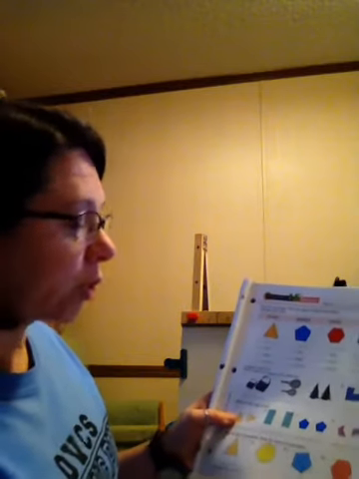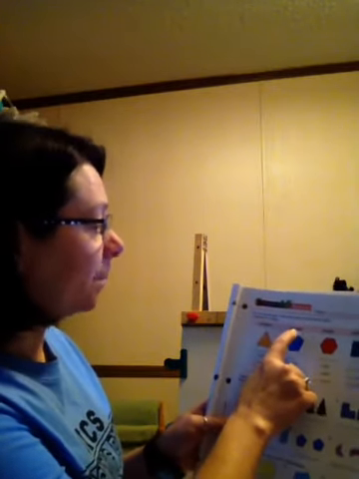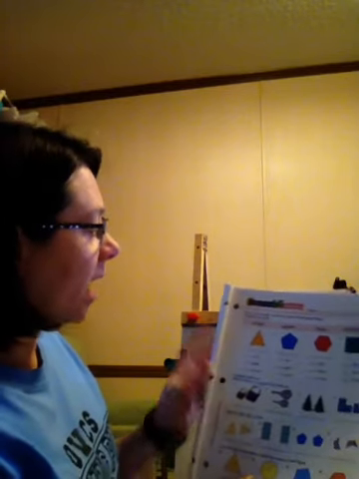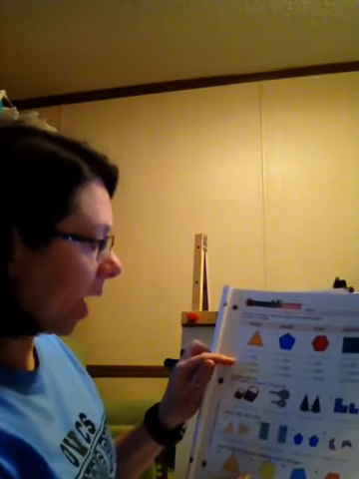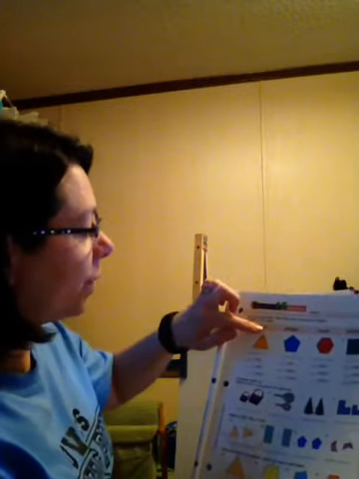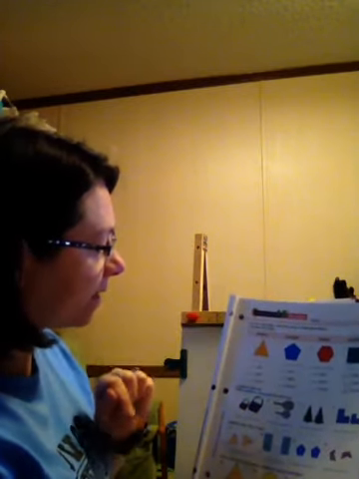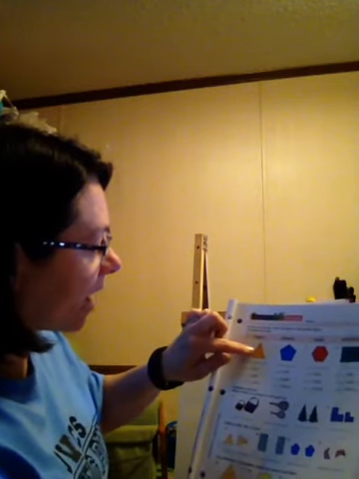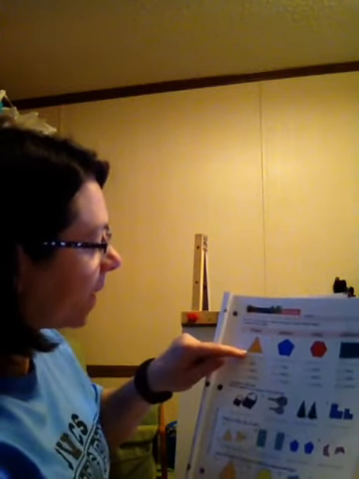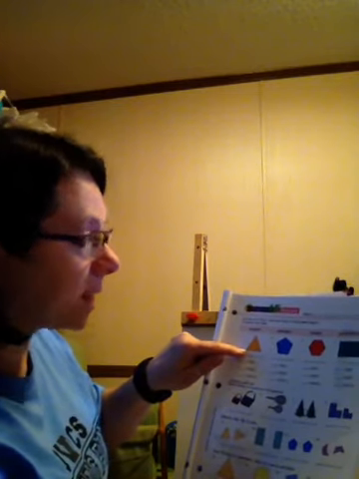So on top of page 283, it says use the word bank and write the name of the plane figure. Complete the table. Remember, the plane figure is just flat like paper. So you have hexagon, pentagon, triangle, quadrilateral. They want you to write the names of each of those there, and then how many sides, how many angles, and how many vertices. Remember, the sides are just those line segments. The angles is where those line segments meet, forms angles, and the very point at where they meet is your